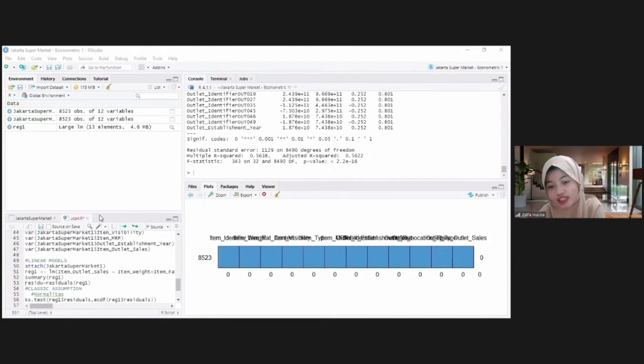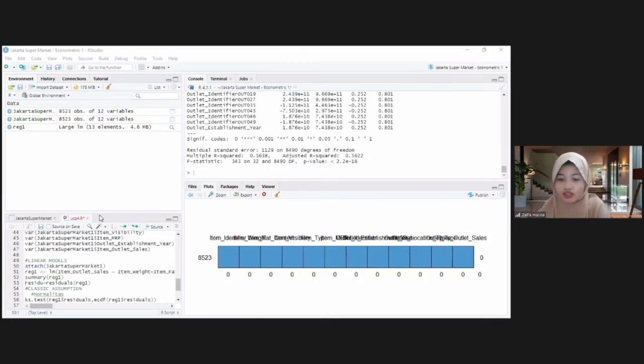Furthermore, to analyze the model individually, in the estimate column on the intercept line, it is known that there is a nominal amount. The nominal becomes the basic nominal, or the y value of the coefficient, if there is no additional variable. When the item weight variable is added, the value of y will decrease by the estimated value of the item weight, and so on.